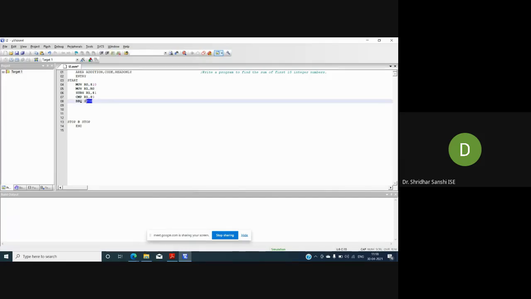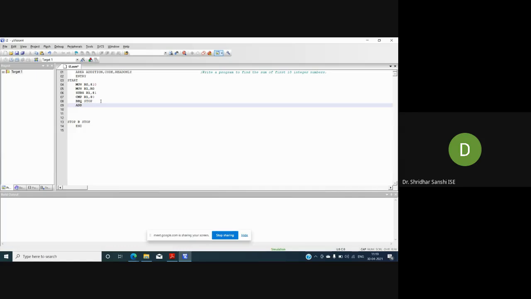If this is true, it means that the value of R1 is 0. But the value of R1 in the first iteration will be 9. Correct. If it is not equal, what should I do? I should do the sum of numbers. In the first iteration, I'm adding 10 plus 9. How to add two values? What instruction should I use? Add. Yes, add.